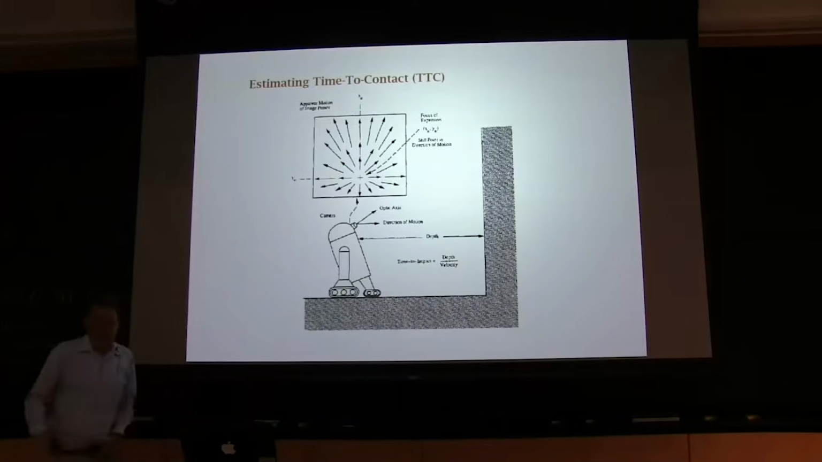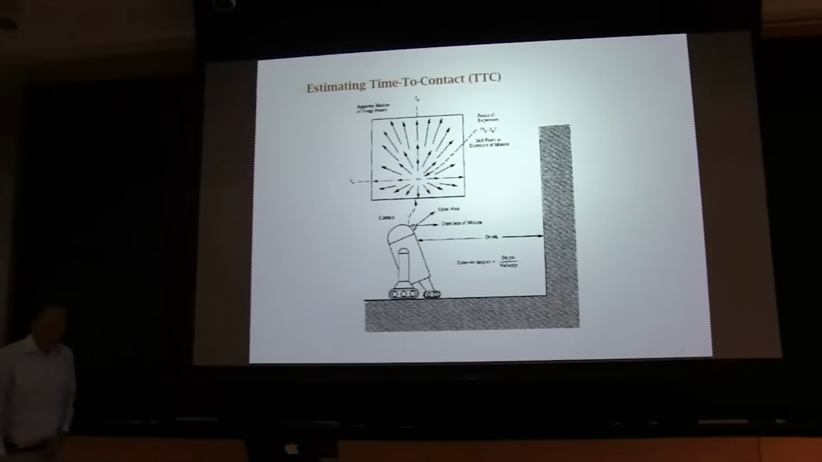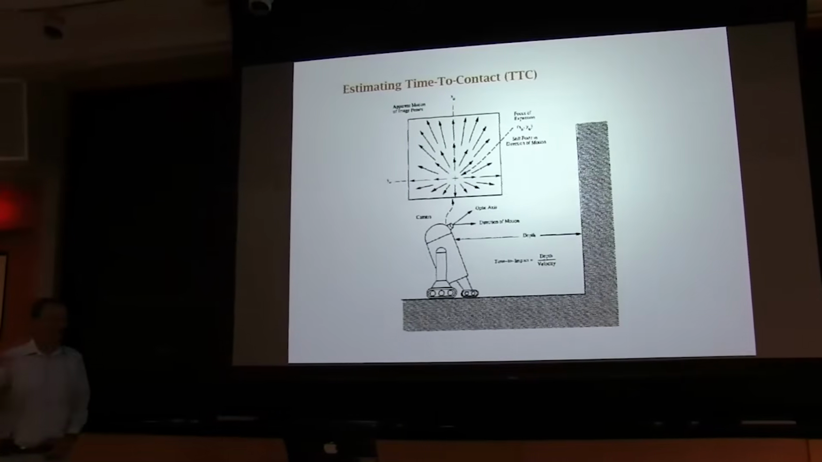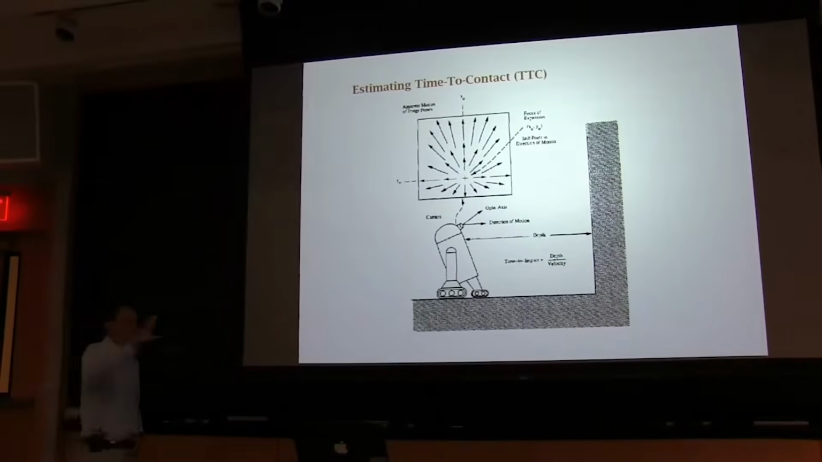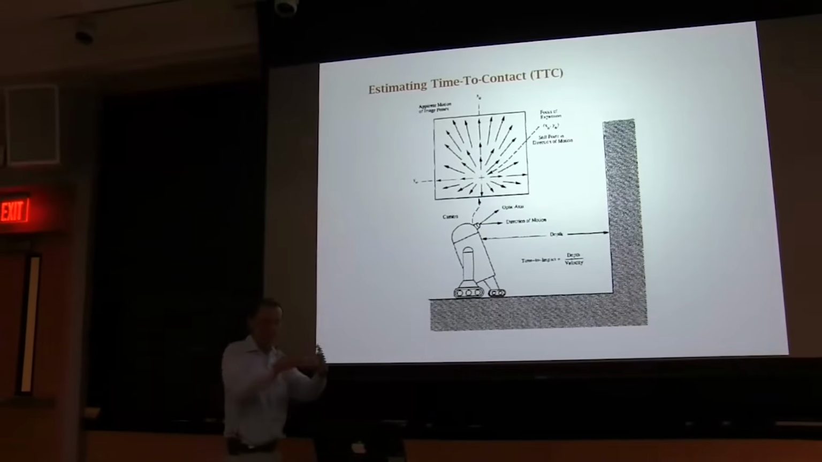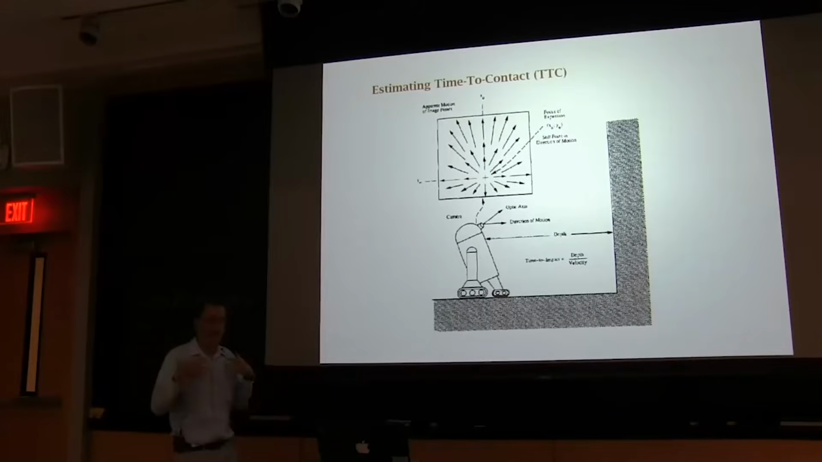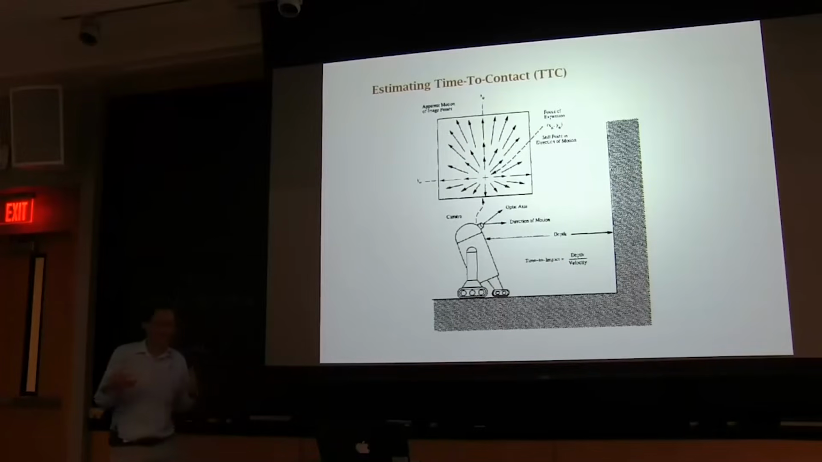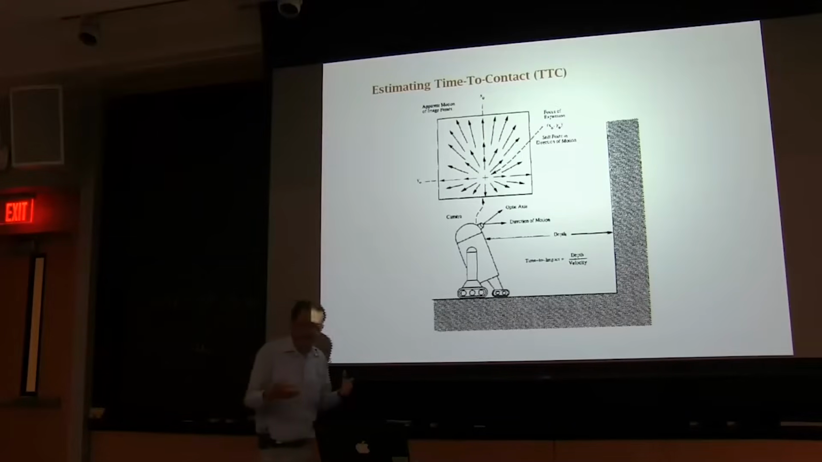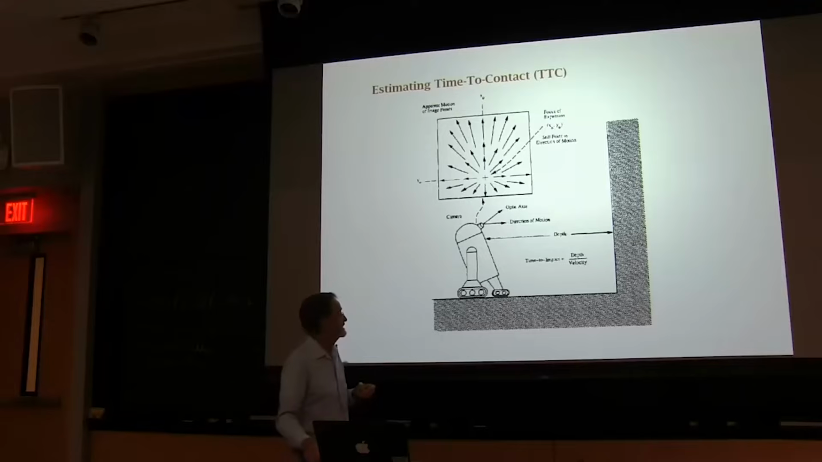Here's the time to contact problem that I was talking about. As you can imagine, as you move towards the surface, the image seems to expand. And that's the cue. But how do you measure that expansion? Because all you've got are these gray levels, this array of numbers. How do you measure that? And how do you do it accurately and fast? And also we've noted that somehow